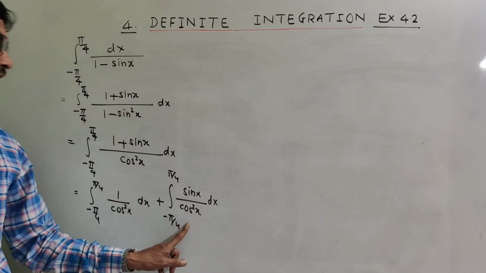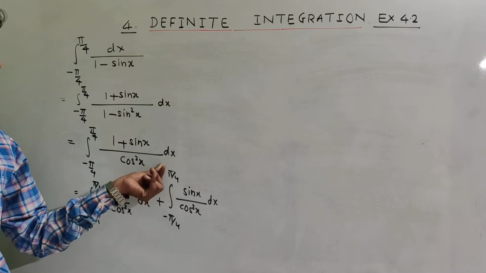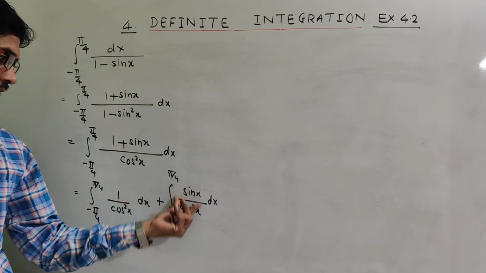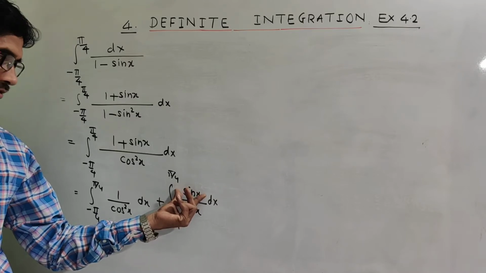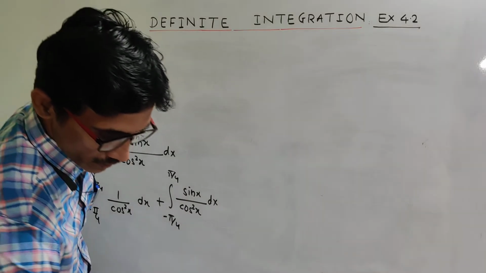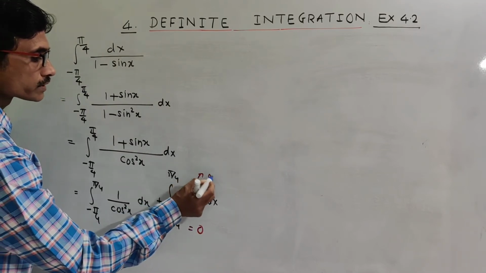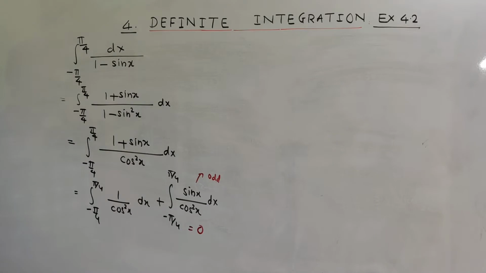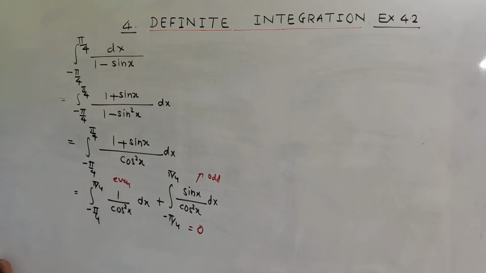Now this second integral will reduce to 0. Why? Because it is of the form minus a to plus a, and this becomes an odd function. Sin of minus theta is minus sin theta, that means odd function. So as it is an odd function, its integral will be 0 from minus a to plus a. This integral will be 0 because this is an odd function, and this is an even function. So as it is an even function, this integral will be 2 times of